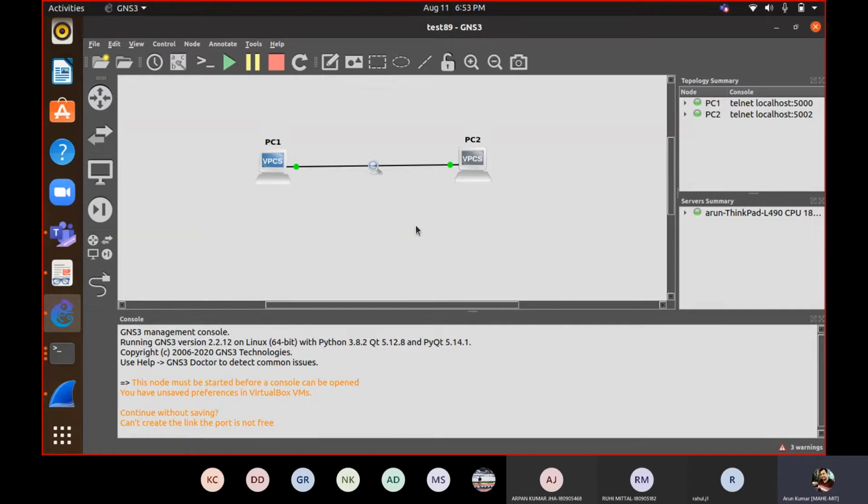Those who have already installed it, all of you please do it, and randomly for one or two students, I will ask them to share their screen. I'm giving you 10-15 minutes. How many minutes do you require? I think you require just 5-10 minutes for this. How many minutes do you require for experimenting with these two nodes?